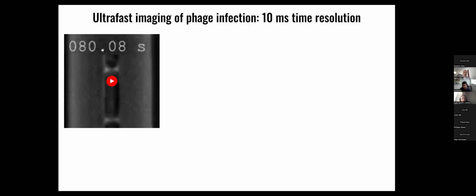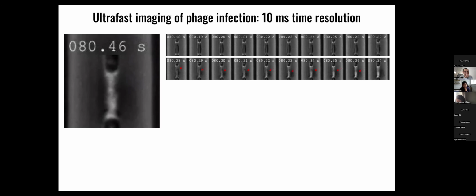To be able to see the final step, we ran movies at a very high time resolution. These are data collected at 10 millisecond time resolution, and at this resolution we can actually see the lysis process. Here you can see a cell that is infected by phage, and we are looking at just the last few seconds. Right around now, you can see a black cloud coming from the right of the cell. The cell is popping and losing its contrast, and the phage gets released into the environment. Here it is probably easier to see in this montage, the kymograph.